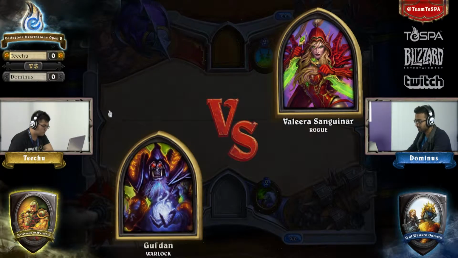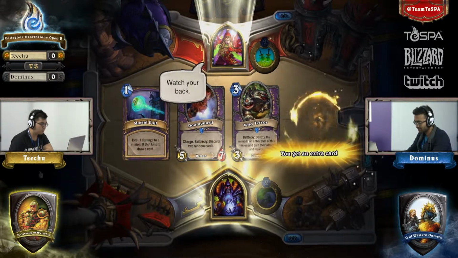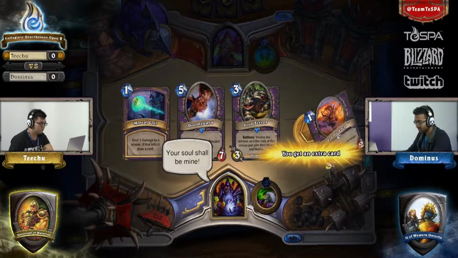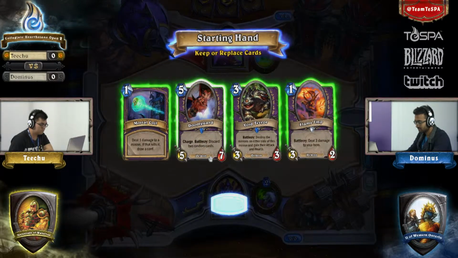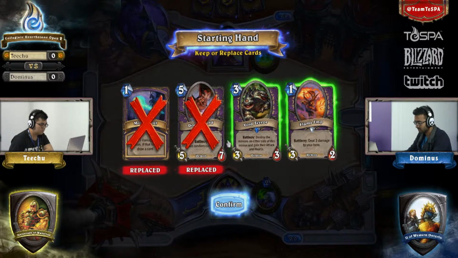Our players have made their choices, and this first game of the series is going to be hunterless, so we're actually going to see a completely different matchup and see what is in their lineup besides just the things that we saw them 2-0 with. All right, Teechu, Void Terror, and Doomguard. He is going to be running a Zoo deck, and he's going to be running a few interesting cards like Void Terror. Void Terror coming back in because of